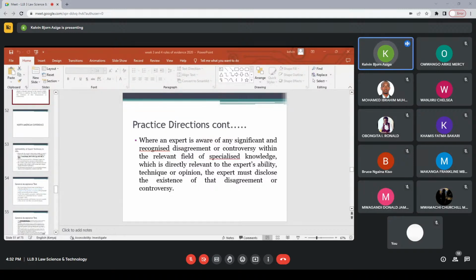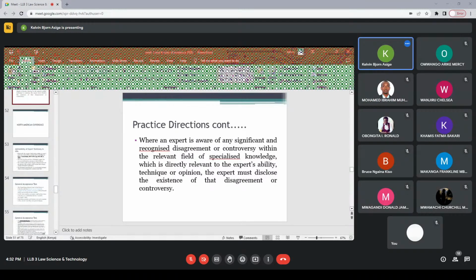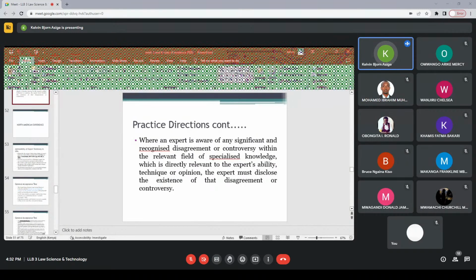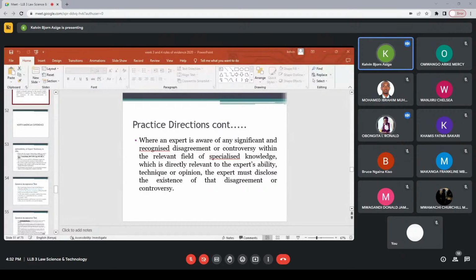Okay, Donald, you are kind of getting there, but I want us to approach this methodically, and I'm coming to class rep Ronald. Where are the Kenyan laws on admissibility found? Because that's really where your starting point should be in answering such a question. Where are these laws? Ronald, where are the Kenyan laws on admissibility found? I want sections, I want rules, I want something.